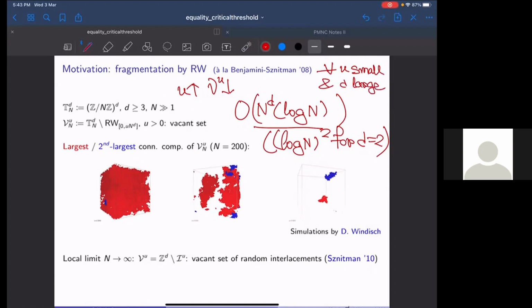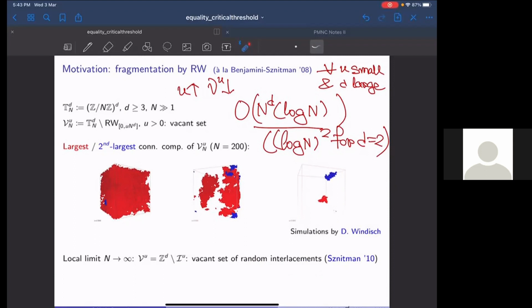Okay. But of course, the understanding of the complete picture remained open. And then came this now seminal paper, the Annals of Math paper by Sznitman. It was put on arXiv, I think in 2008, and published in 2010, where to address this kind of problem, he introduced a model in infinite volume, which he called random interlacements,